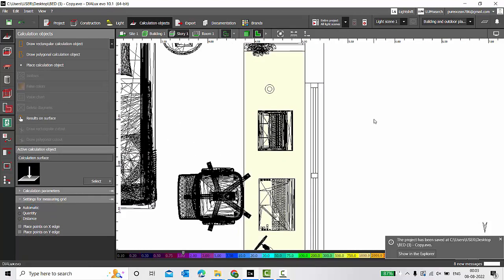Okay, and then that's it. Okay, so we have placed the calculation surfaces. Now then